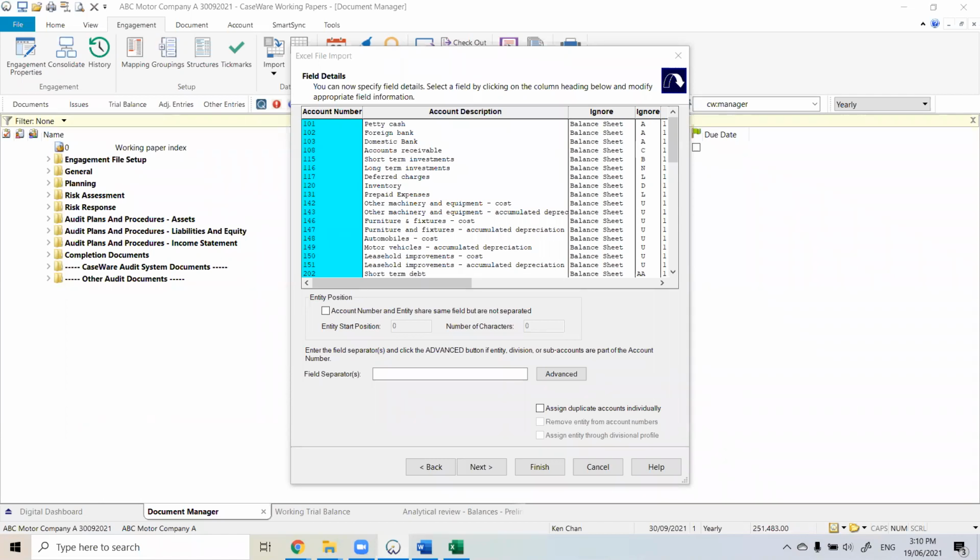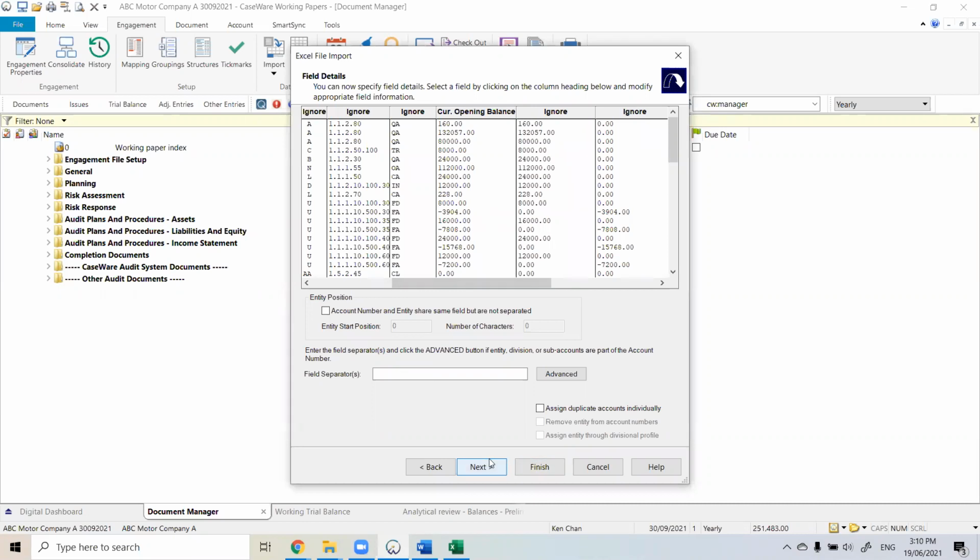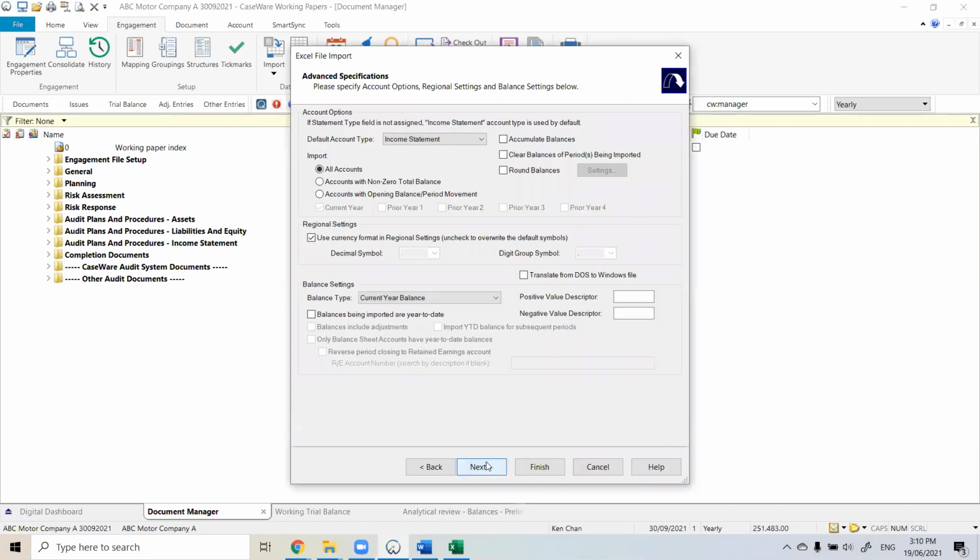So if there was a new account after you re-import, there will be a report for you. If there are new accounts, you will need to go and map the account after it's been imported. So I will once again also demonstrate that in this next part. So account number, current opening balance, that's all there. Next. Okay. Here, remember I told you on Thursday, look at this part, account with non-total zero balance, which means